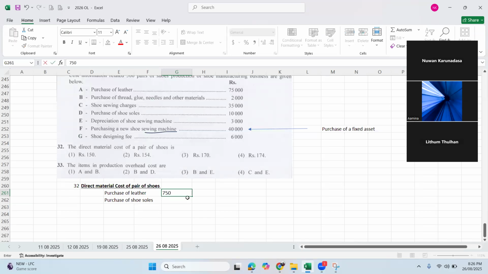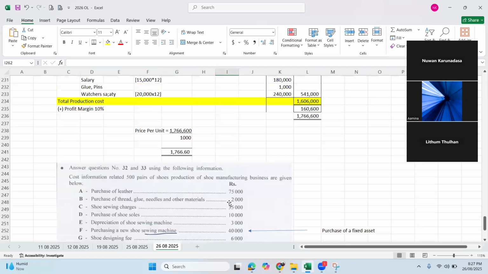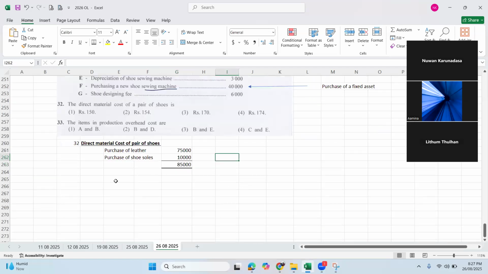Purchase of leather 75,000. Then shoe sole 10,000, so it is 85,000. So this is for how many pairs? We have done 500 pairs. Cost per